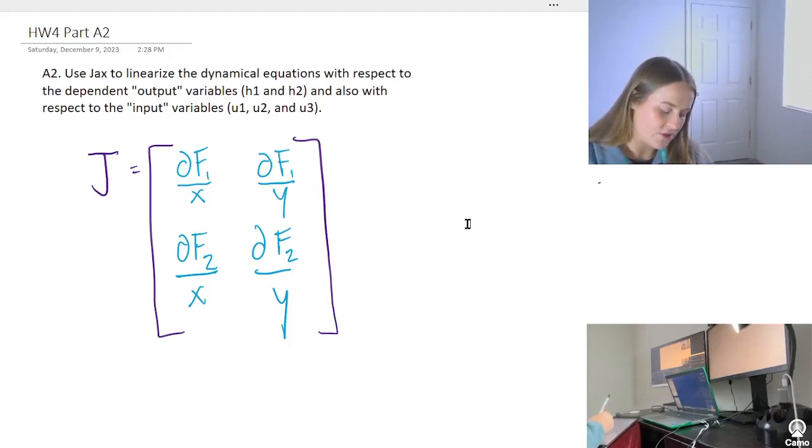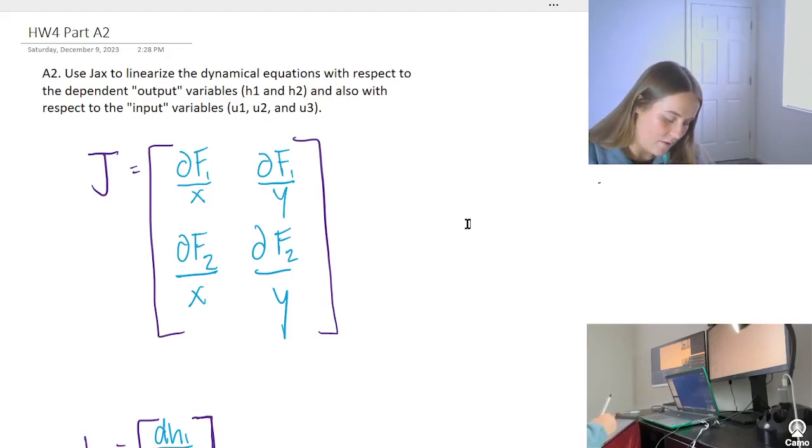We'll start with h, and this is just equal to our dh1 over dt, and then dh2 over dt. And this is approximated to be,